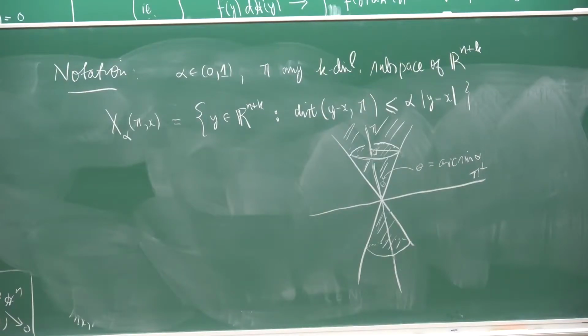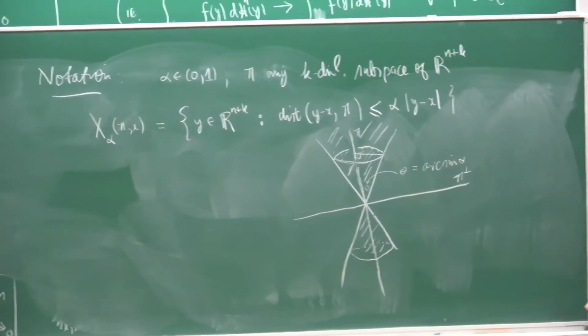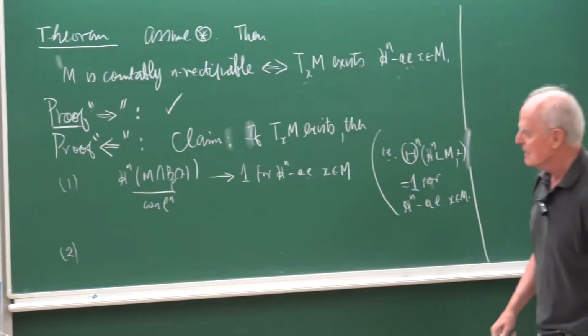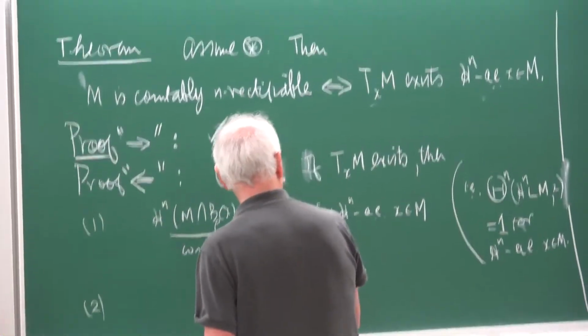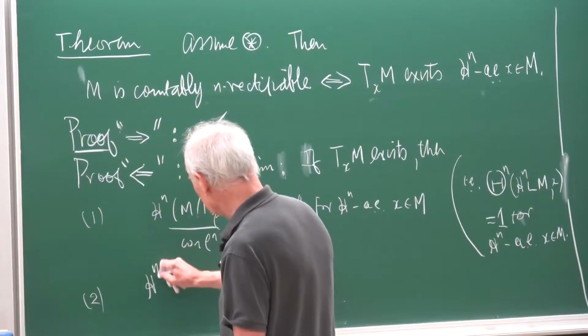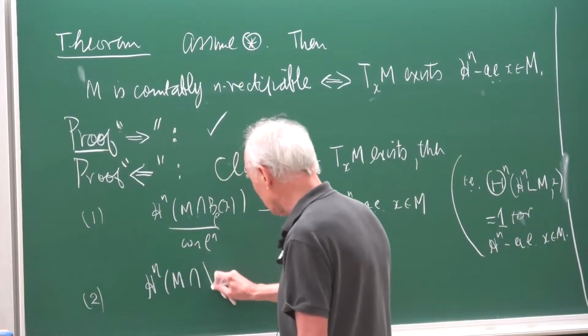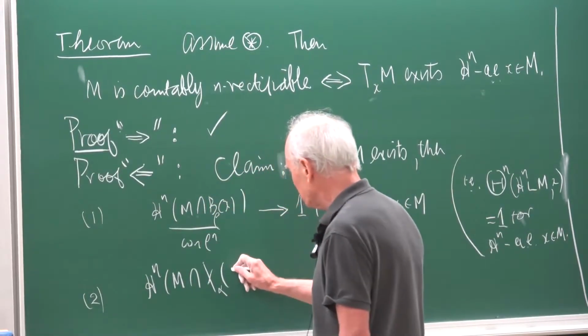And the claim is, the second claim here, is that if TxM exists, so I should have said, the claim is that if TxM exists, and the first thing is this, that's the first claim. And the second claim relates to these cones. The second claim is that H^n M intersect the cone, which is,